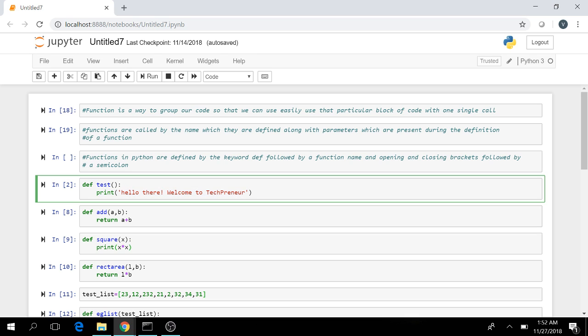Suppose this is a function. Here we have defined a function known as test. It's def, the keyword to define a function, then the function name, which in this case is test,